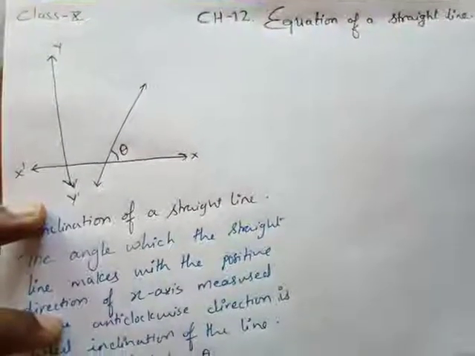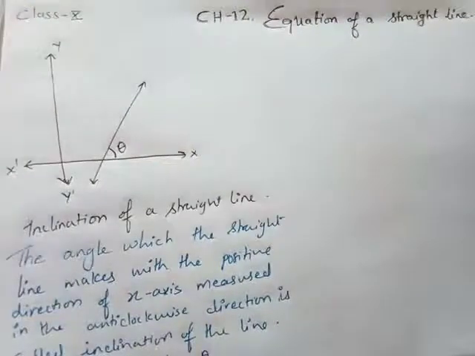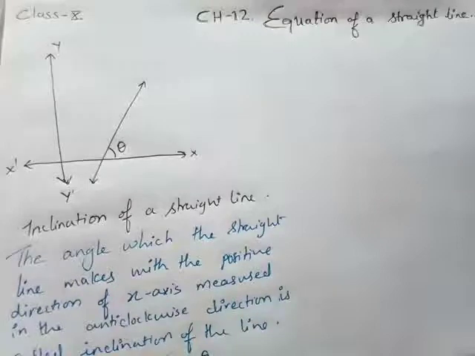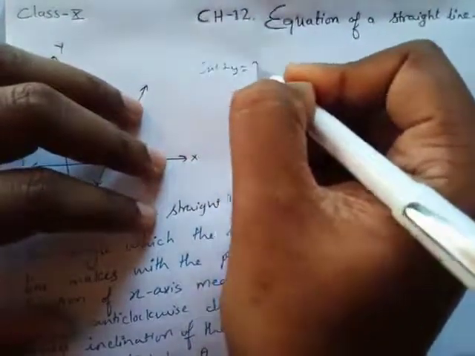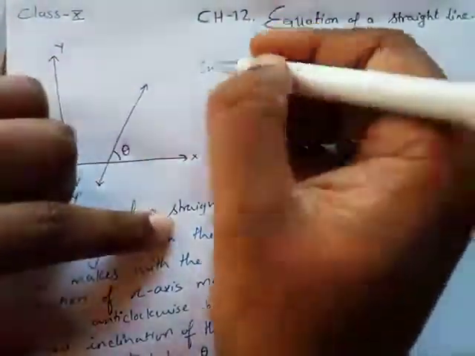And today we'll be looking at some of the topic. The topic that we'll be looking at today is chapter number 12, equation of a straight line. Now, you might have heard of equation of a line, and equations were given to us, and we were making a line on the graph. For example, 3x plus 2y equals to 7.